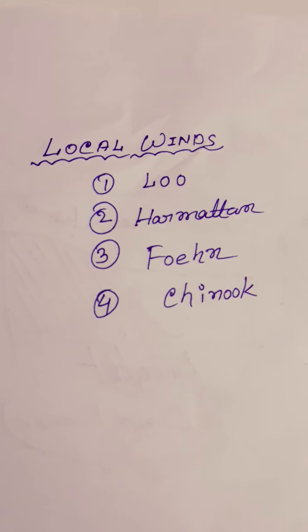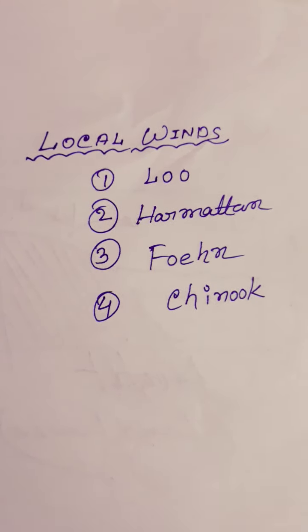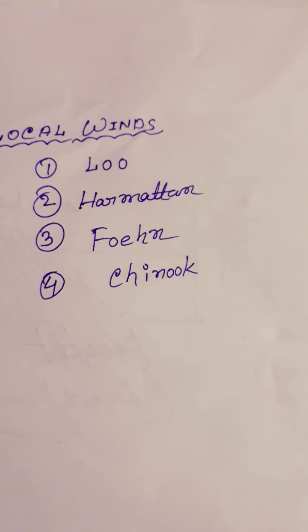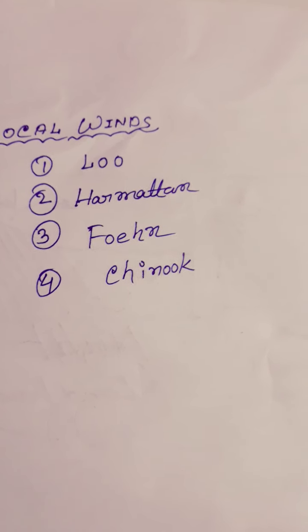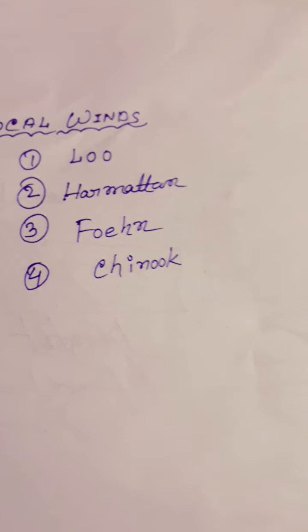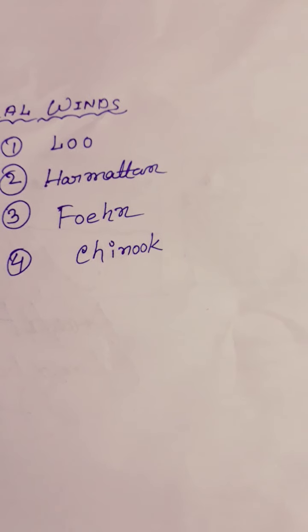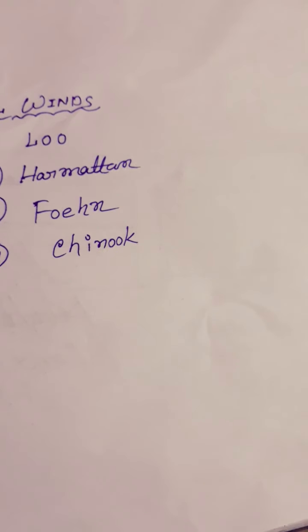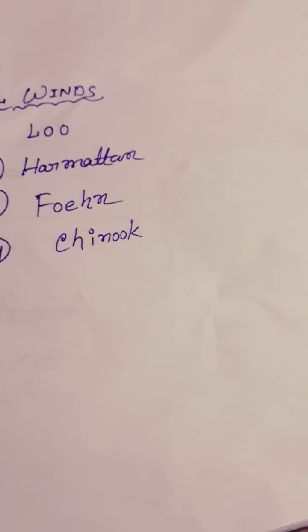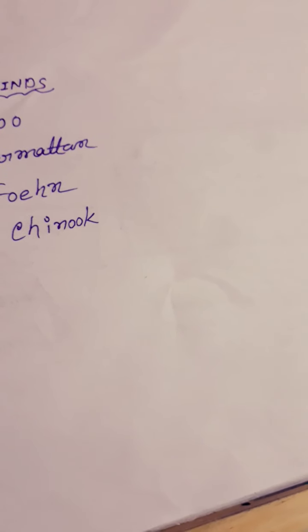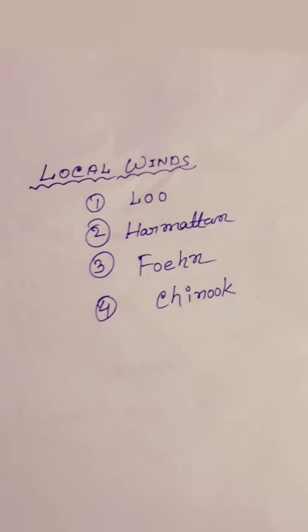So, firstly, we will discuss the Lu. Lu is a hot, dry, dusty wind that blows in the northern plains of India during the summer months. We naturally hear about this Lu in the summer months. It originates from the deserts of Rajasthan and carries sand. As these winds blow from the desert area, that wind carries some amount of desert sand to the alluvial plains of the Ganga. It causes a lot of hardship to the local people because that wind is very hot, dry and dusty.